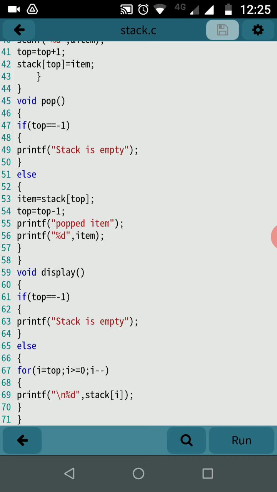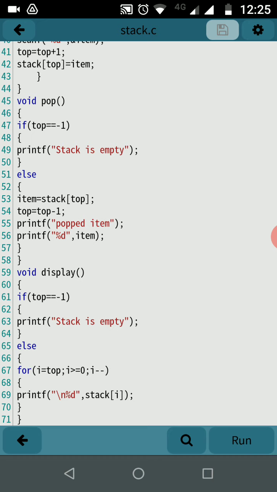We store the element which we want to delete in one variable, that is item. Then top equal to top-1, we are just decreasing the top by 1. If you want to show the deleted item, then we can show the popped item. If you don't want to show that item, you can skip statements 55 and 56.